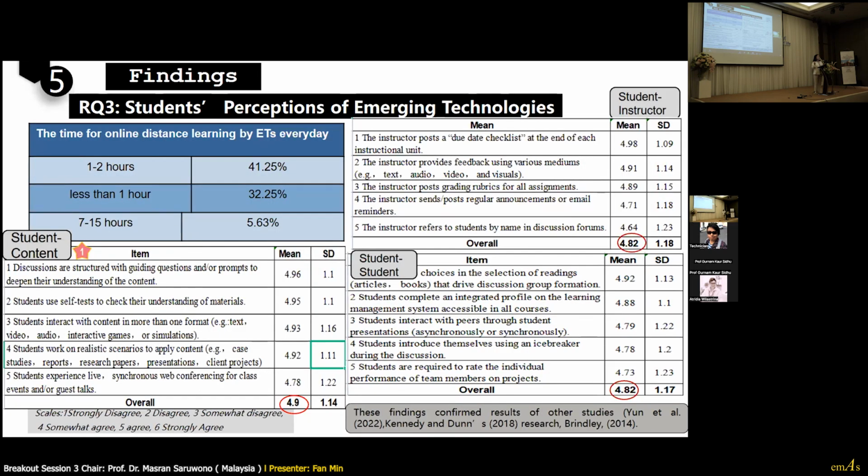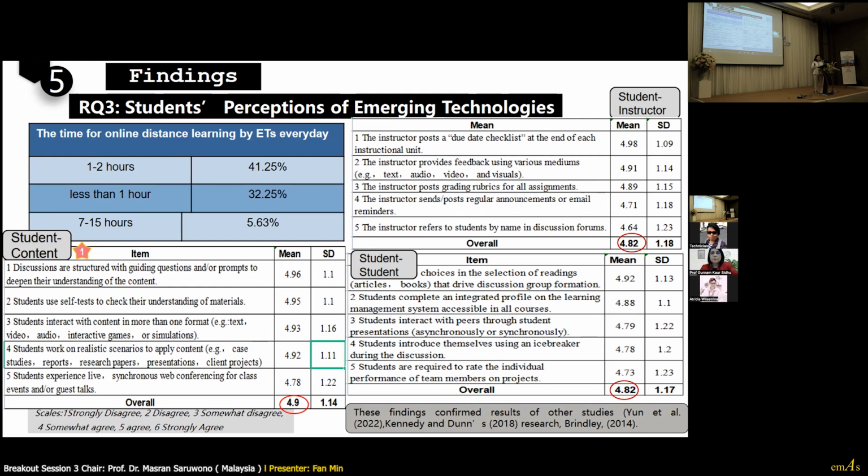For the research question on students' perspective of emerging technology, we noticed that the majority of students, 41.25% of them, spent 1 to 2 hours per day on online distance learning. Another finding from this part, we divided into three aspects: student to content, student to instructor, and student to student.